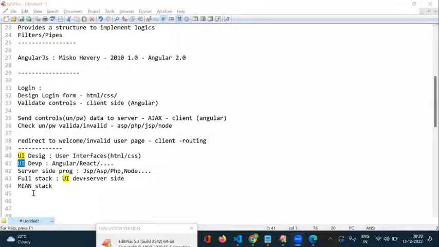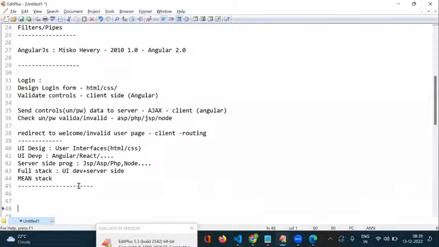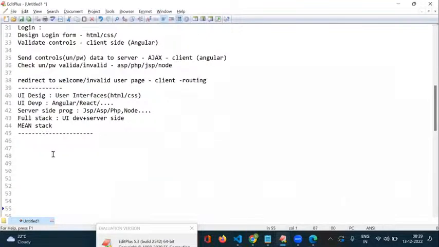Once you have good experience with UI development, after the development also, you can extend your professional career. So these are the different types of roles we have. And I told you